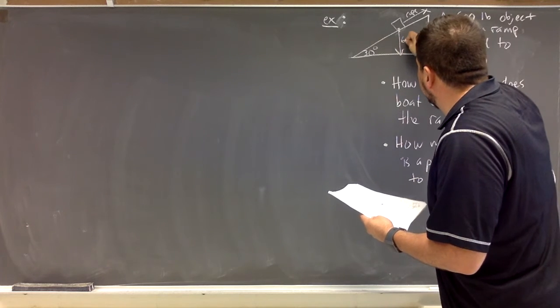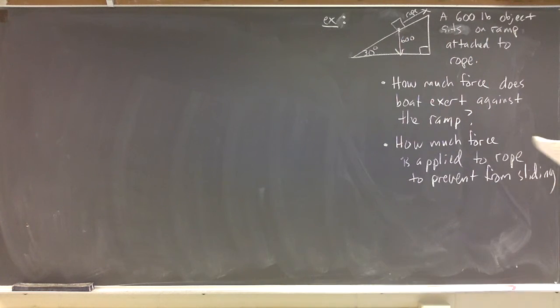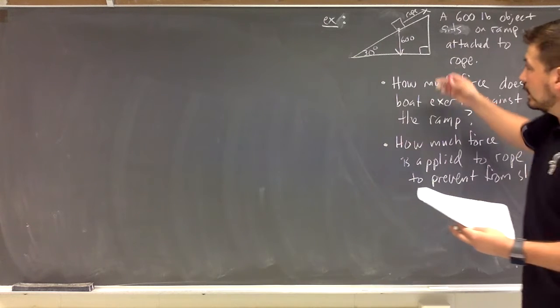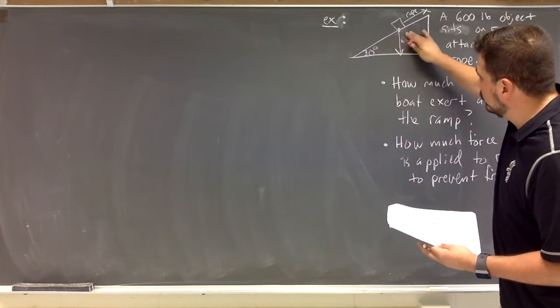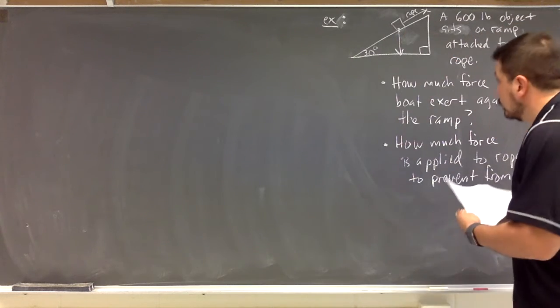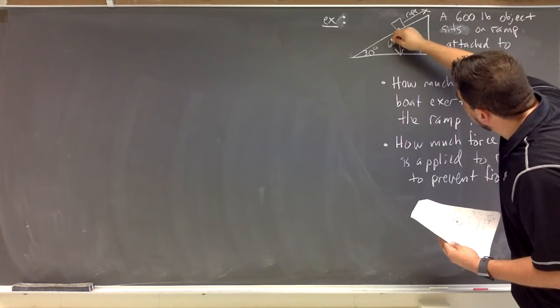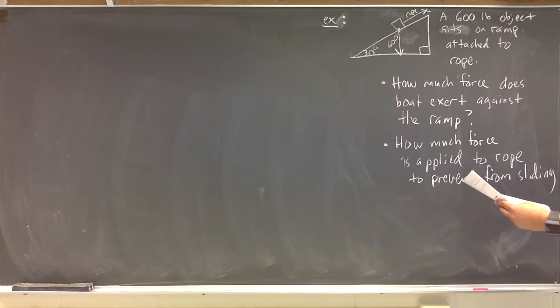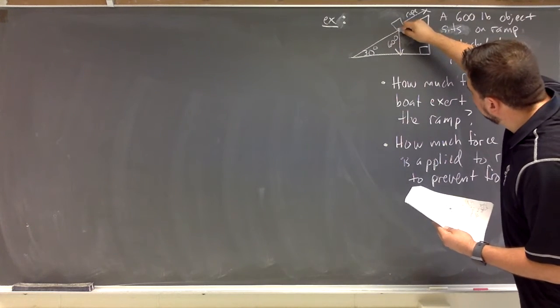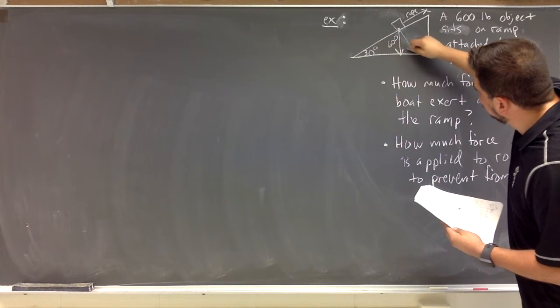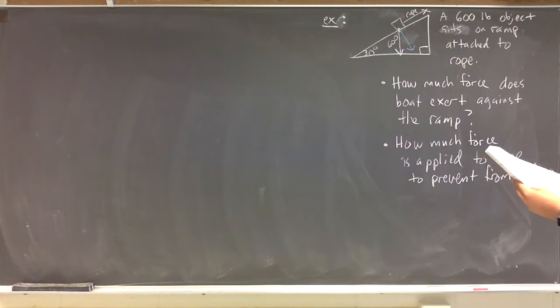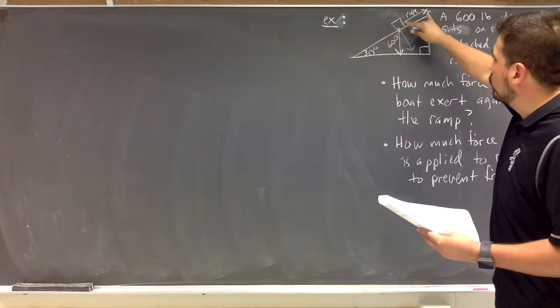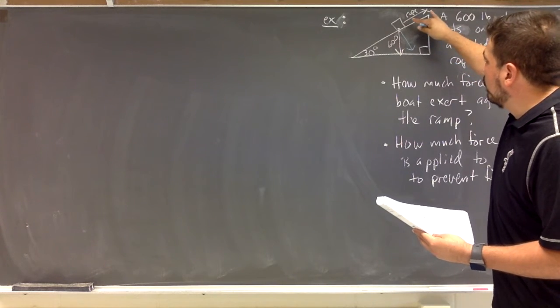So here's 600 pounds, right? Maybe I should put the 600 on the other side. And we want to figure out how much force is exerted against the ramp. So that's this blue one here. And we also want to figure out how much force needs to be applied in the direction of the rope,